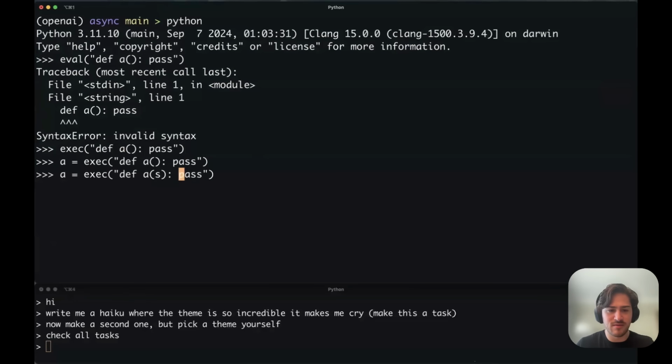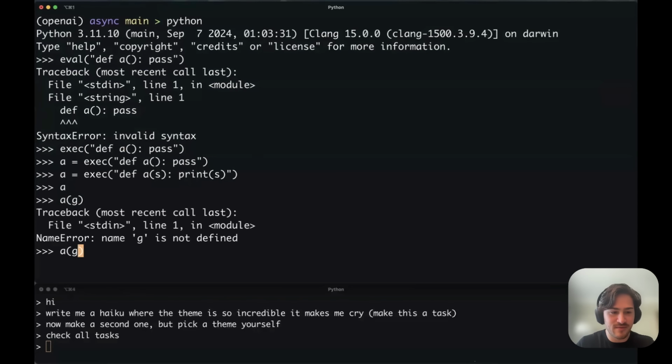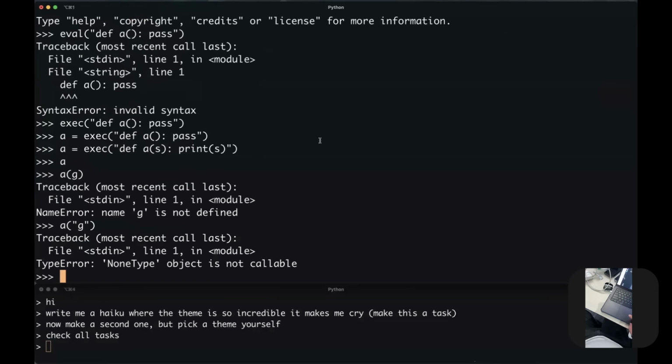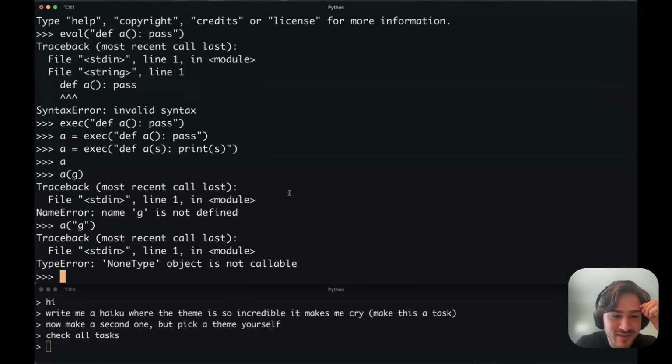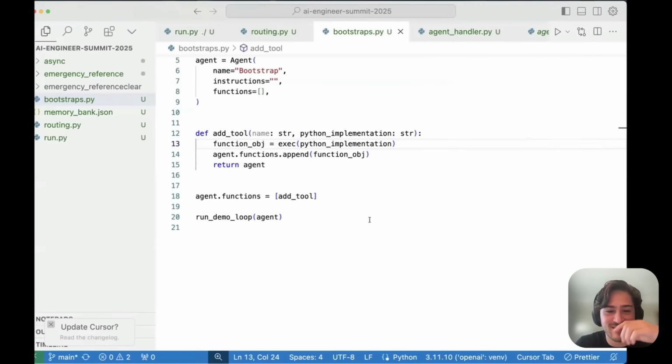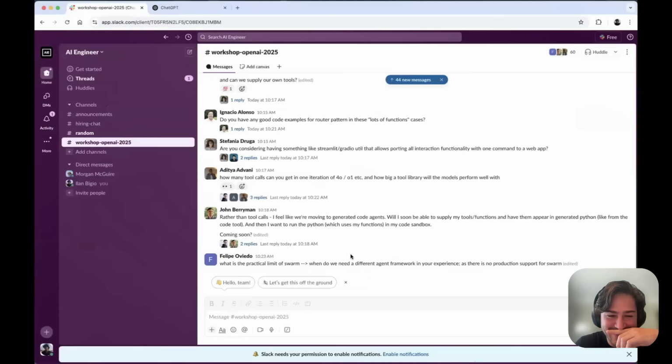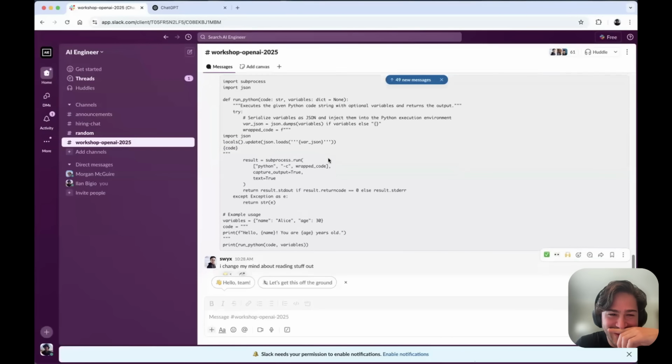I don't know. Someone save me. Hey, there's a couple implementations in this Slack. Sorry? Check the Slack. Did someone do this?